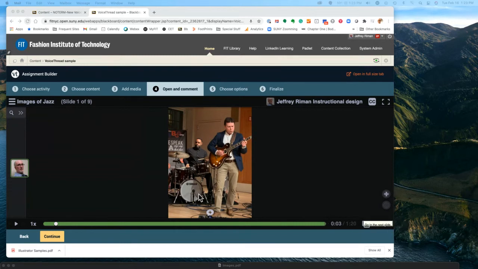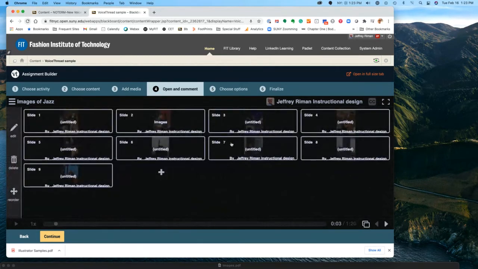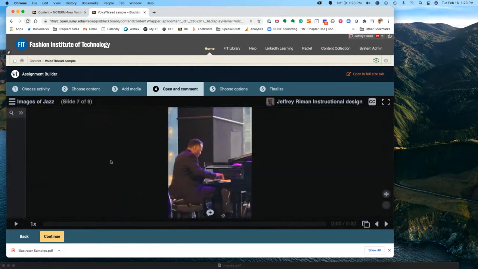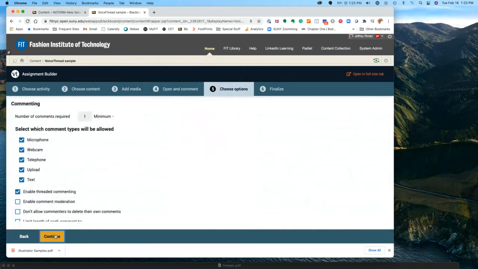So as Jose pointed out, though, you can go in, and especially if you made a mistake, you can go in and re-record that slide, and that would not be a problem. You could actually just go right here and pick the slide that you made the boo-boo on, and you can re-record it right here. So that's one way to do it. We're going to cover some other options, but let's go back to where we were now.